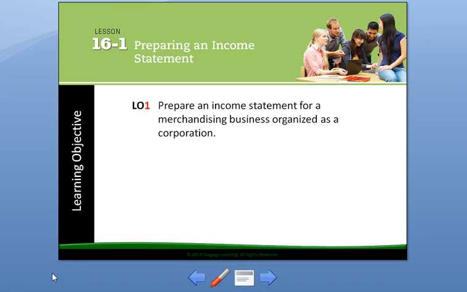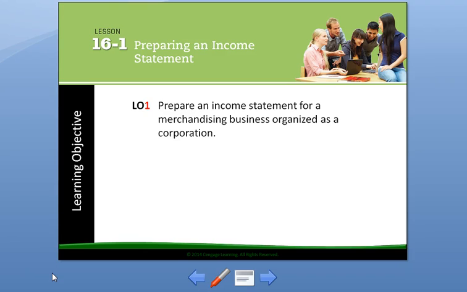Alright, we are going to get into Chapter 16. In Chapter 16, we're going to talk all about financial statements and closing entries for a corporation. We're sort of winding down in our study of corporations. We've got 5 learning objectives this chapter, so it's going to take a little bit longer for us to get